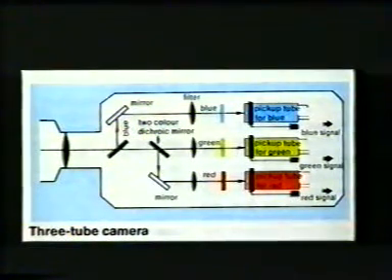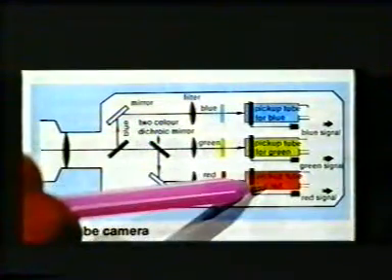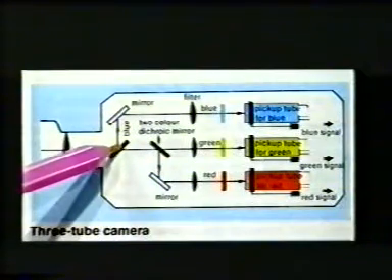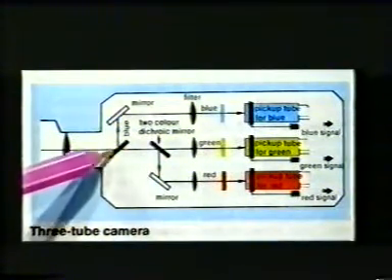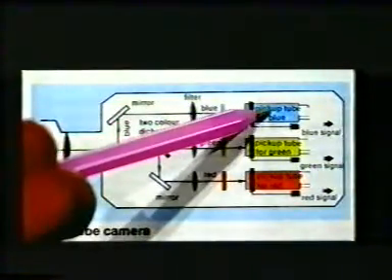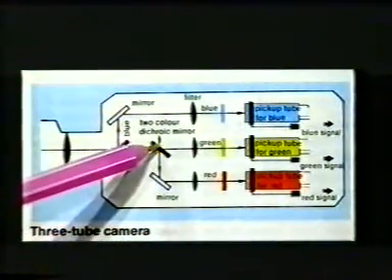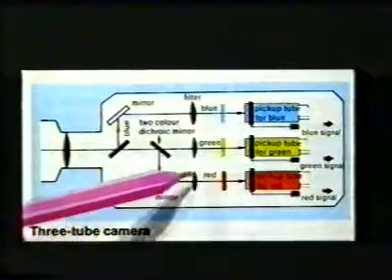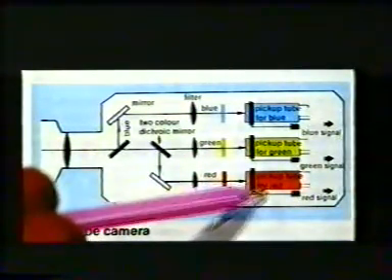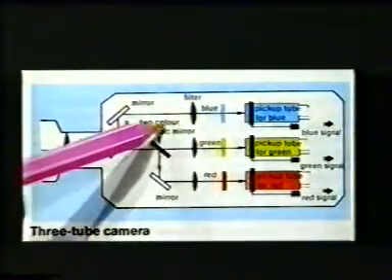Here in this figure, the position of two-color dichroic mirror is in between the lens and pickup tubes. The incident light goes to blue dichroic mirror, in which blue light is reflected while other light passes, and after reflection the blue light goes to blue pickup tube. This is the dichroic mirror for the red filter, in which red light is reflected while the green passes, and after reflection this red light goes to red pickup tube. This way the incident light is separated into red, green and blue using two-color dichroic mirror.